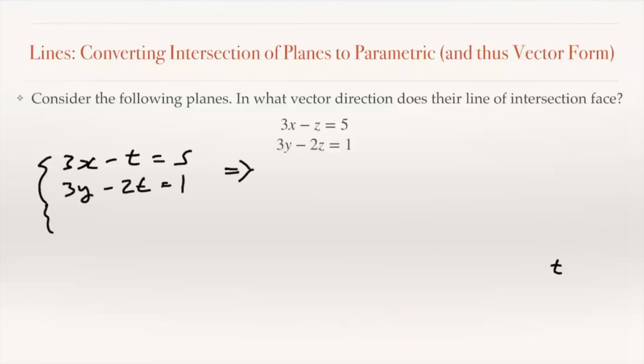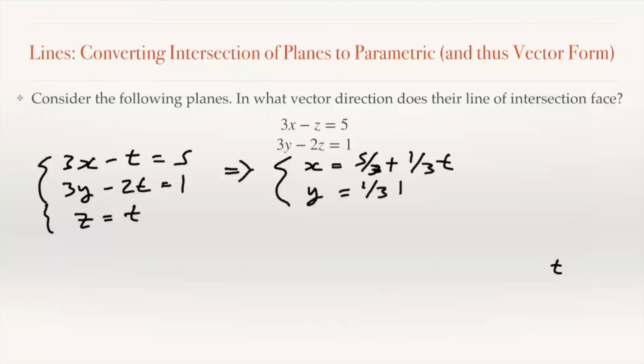And let's include our final z. We rename z to t, so that's just that. Okay, so now we have x is 5/3 plus 1/3 t, y is 1/3 plus 2/3 t, and z is still just t. And we'll put a 0 there,